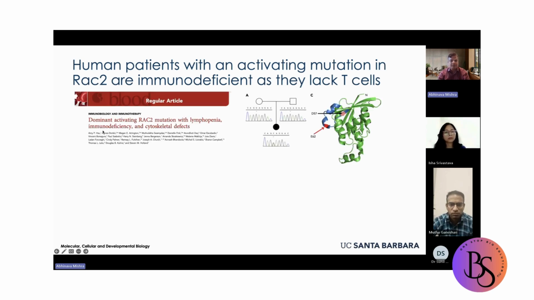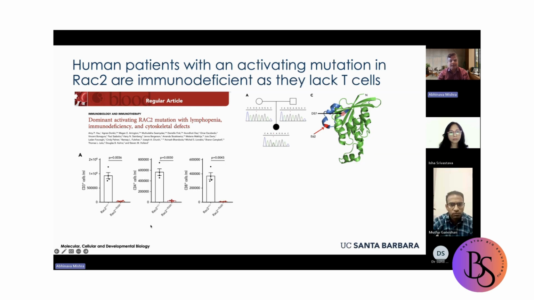And the mutation was a dominant active RAC2 mutation, and that had a lymphopenia, that means a loss of lymphocytes. And the mutation was mapped as to being a RAC2 E62K. So this mutation was changed from E to K at the 62nd amino acid. And then they had made a mouse model of this human patient, and that mouse model also phenocopied the human